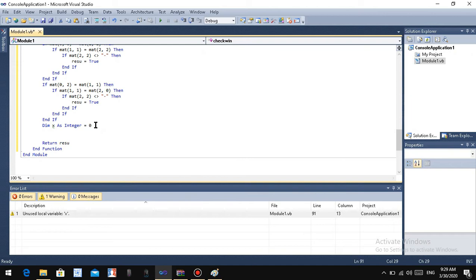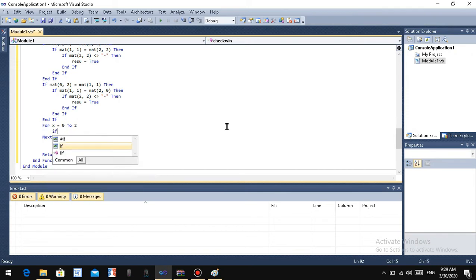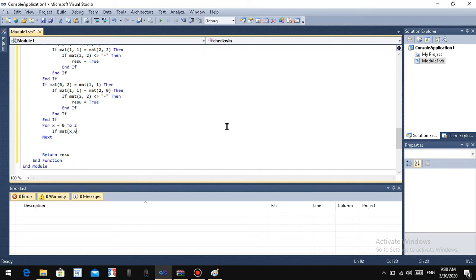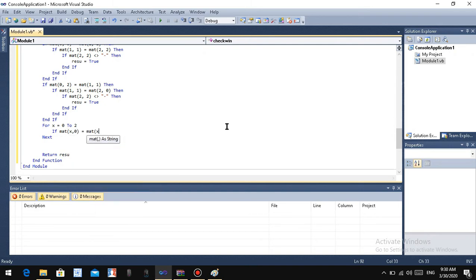I think it is not quite necessary, because we can write it like this: for x equal 0 to 2. Then if mat x comma 0 equals mat x comma 1,